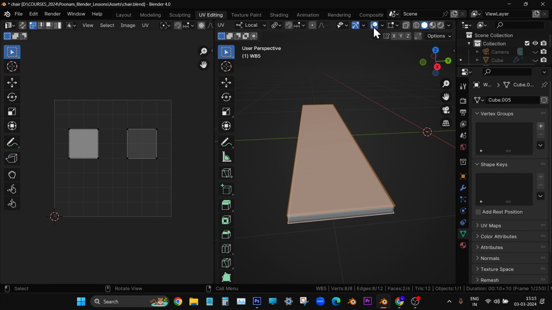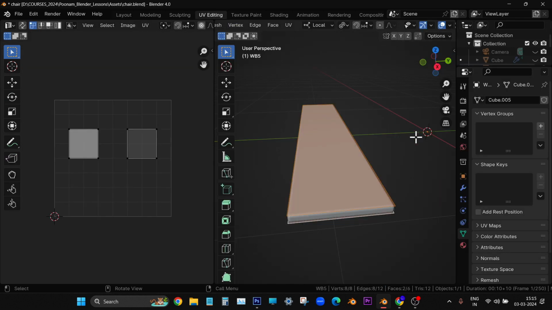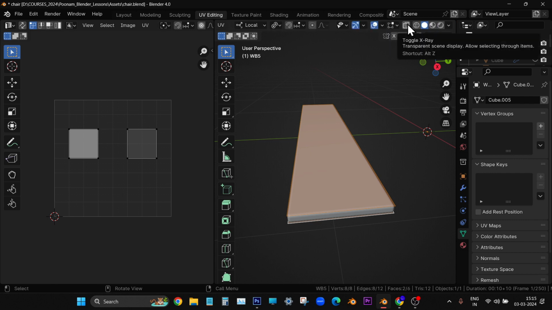I'm scrolling with my middle mouse button. Do you see anything happening? The submenus are scrolling, so that way you can see all the options. If you go to the layout module, all options will be visible; here you don't have to do middle mouse button and drag. But when you go to the UV editing module, many things will be hidden. So at that time, take your cursor there and do middle mouse button scrolling, and then you will see all the options, right? Now switch on the X-ray,